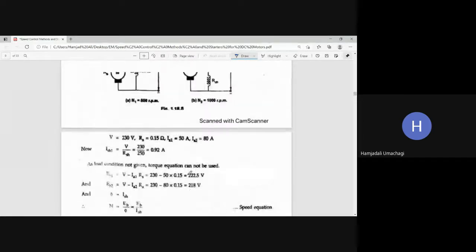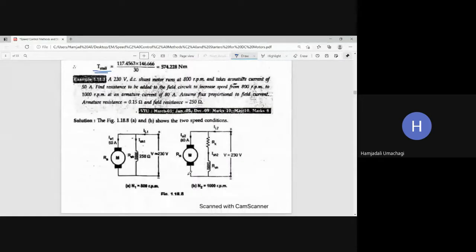Now we will move to the next problem. All these are the problems which have been asked in the VTU exam for 8 to 10 months. I have already shared these notes with you. Practice all these problems repeatedly. If you get any doubts, you can ask me. Now we'll see the next problem here.